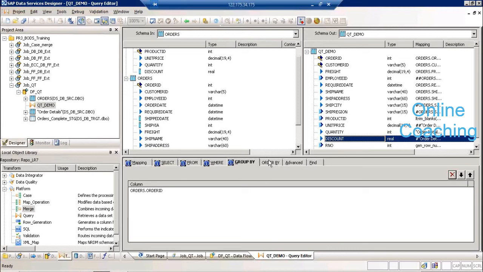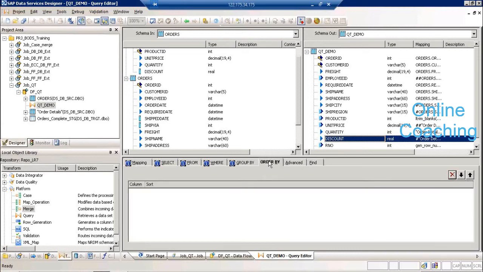Right, so that is group by, where you want to put data into bundles. Then if you want the output to be sorted by a particular column, so let us say you want to create an index on the data, you can generate a row number and automatically it will be sorted as it gets generated. But apart from that, if you want to sort by region, or sort by order ID, or sort by employee ID, you can just select that column,